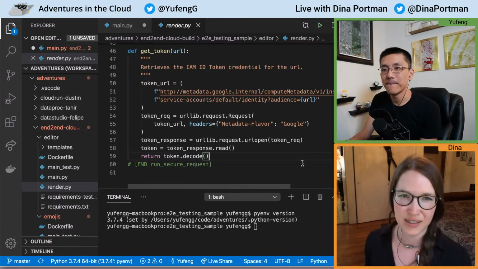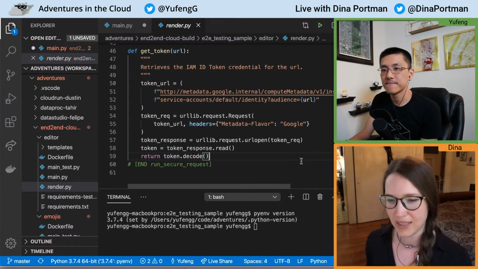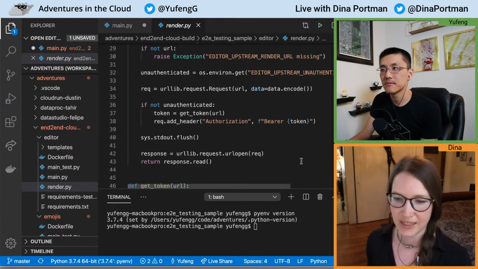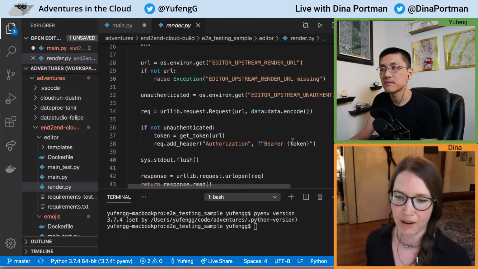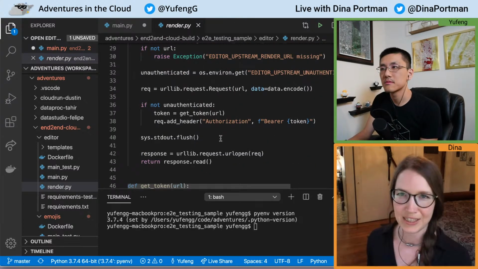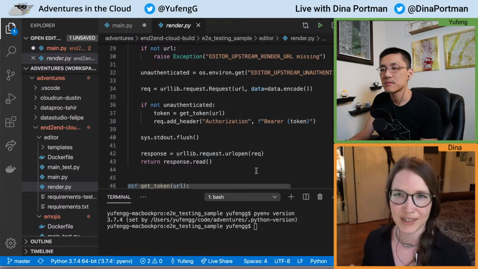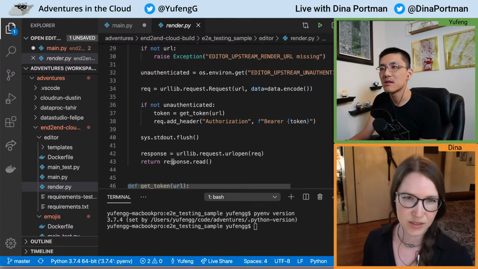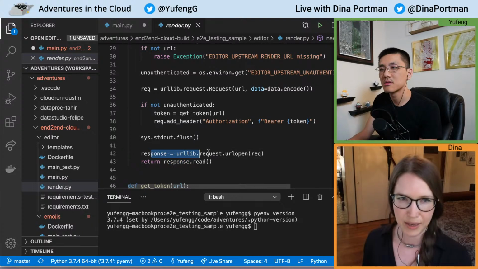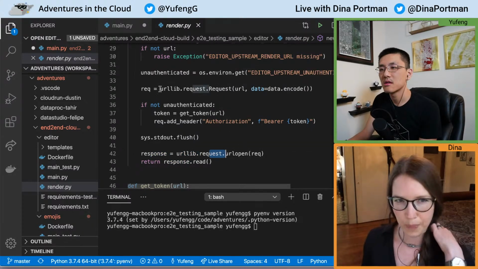So we use that token, we add it to our request to our emoji service, and then that returns back our emojized words, our sentence, our input. And then we, I guess, return that somehow in this editor? Yeah, so it says return response.read, and if you go back to main.py,